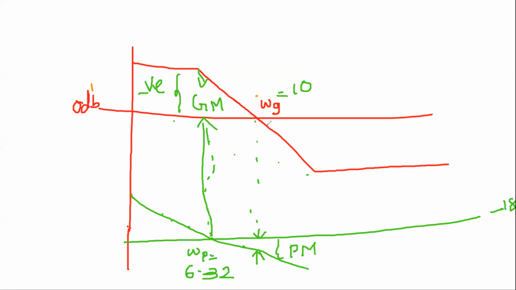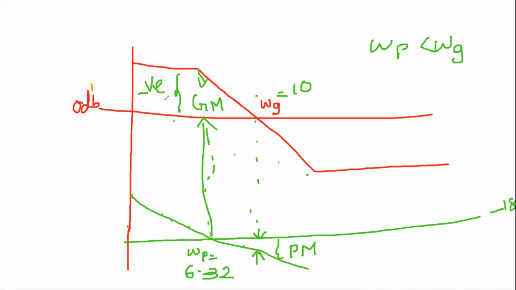So in this particular case, as omega g is 10 and omega p is 6, omega p is less than omega g. The gain margin and phase margin are negative. And how to calculate them? To calculate them, from omega p, go vertically up and find the magnitude between the 0 dB line and the upper magnitude graph. Whatever magnitude you get is nothing but your gain margin. That gain margin you have to mark, right?